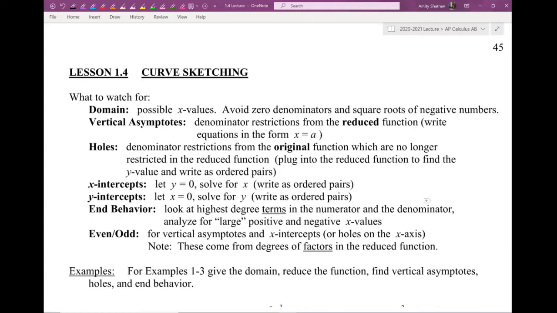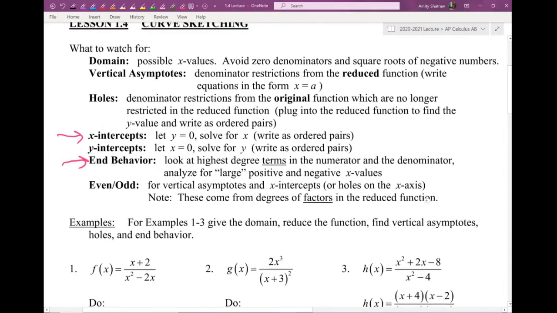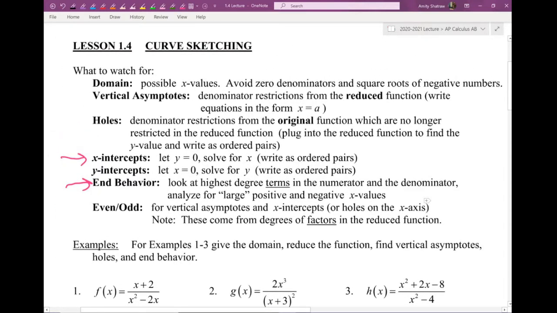rest of this year. So we've already talked about domains, vertical asymptotes, holes, x-intercepts, y-intercepts, and end behaviors, as well as whether or not a function has evenness or oddness around the origin or around the x-axis. And so we're just reviewing. When you get lost, come in here and look. Oh, I don't remember how to find x-intercepts. Well, there it is. I don't remember how to find end behavior. Well, there it is. Okay, so feel free to just refer to this part of the section anytime you need